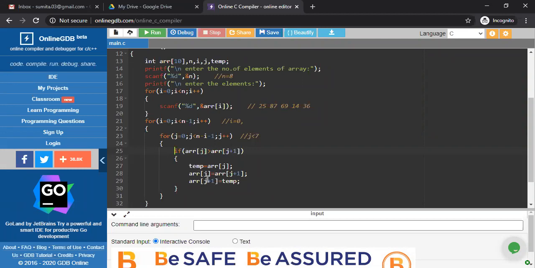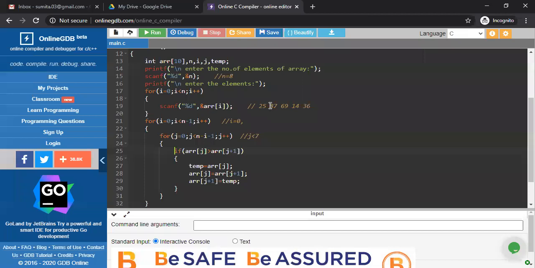Now the swapping takes place. How? In temp, we are going to store 87, which is ARR J. Now we replace ARR J with 69 because this is the ARR J plus 1 value. And again, we copy the temp value.